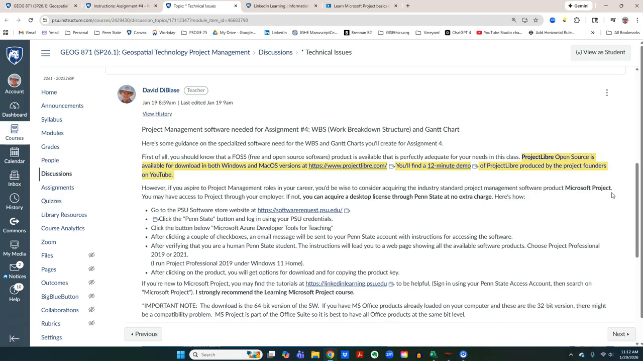Project Libre has only a fraction of the capabilities of Microsoft Project. That's why we recommend that you use Microsoft Project, and much of this briefing will be about how to get started with that specialized software. Once you've acquired and installed Microsoft Project, your next step should be to follow this link to